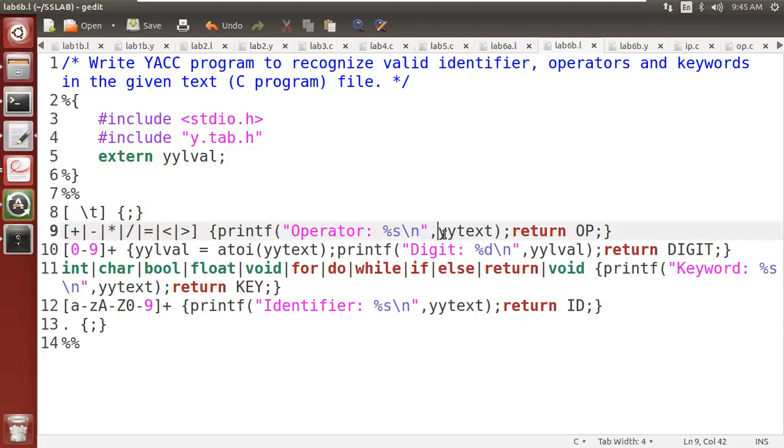And what is that operator? Just like we did echo, here we are printing that string, whatever is read. And we are returning a token by the name OP. And as usual, the tokens will be defined in your Yacc program, right? The name of the token is OP. And if you get